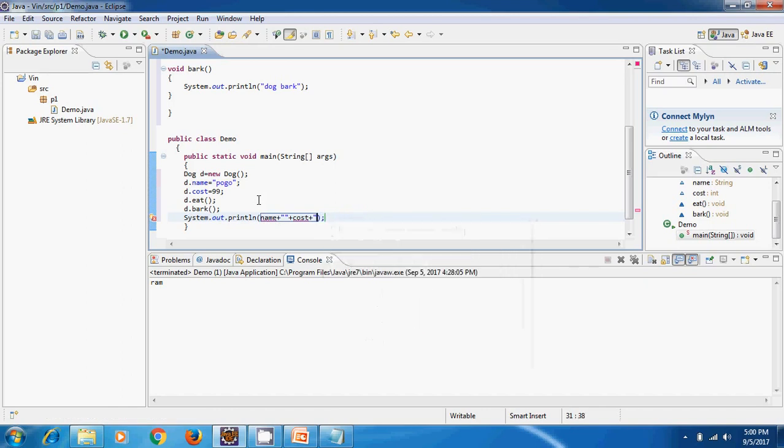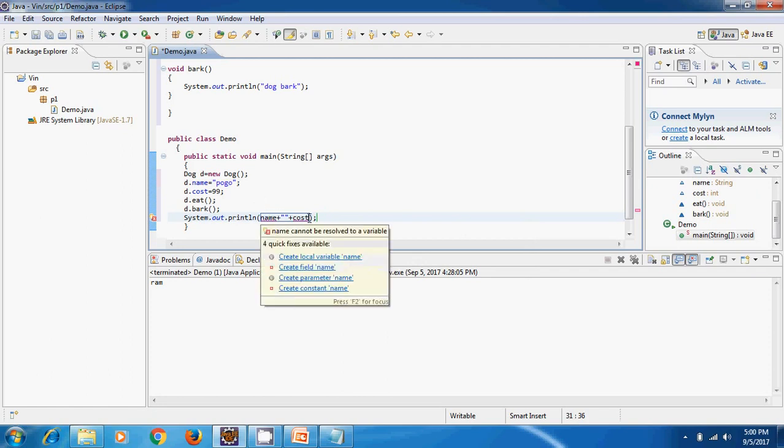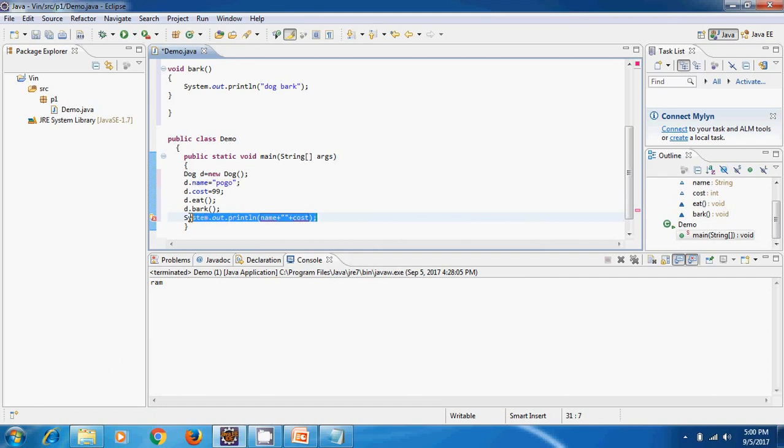I will use it like that, System.out.println.